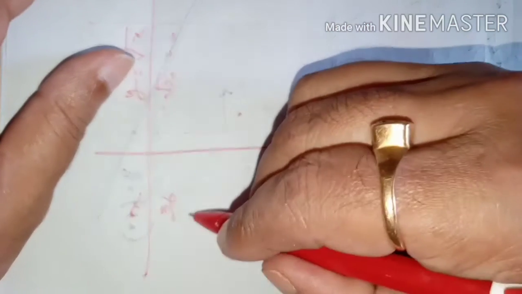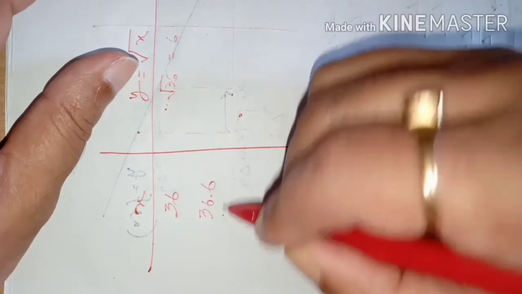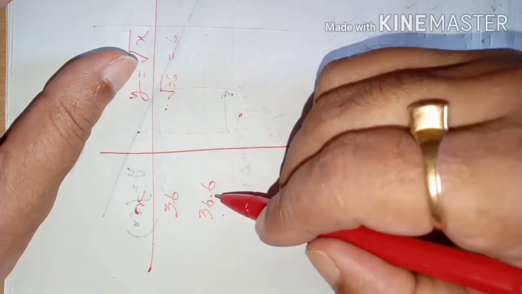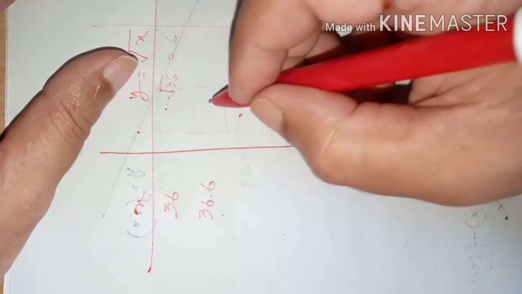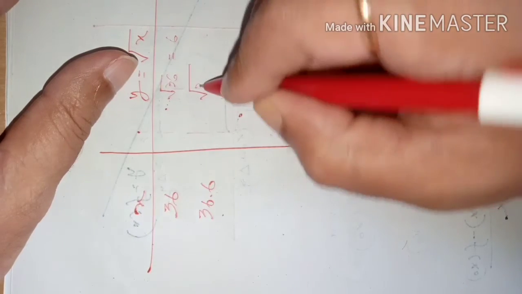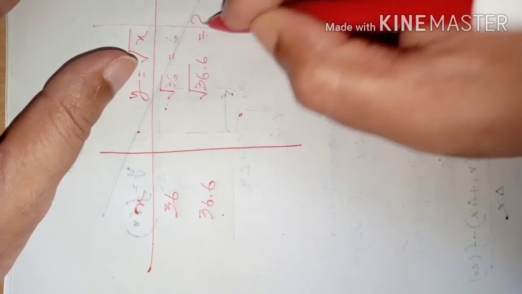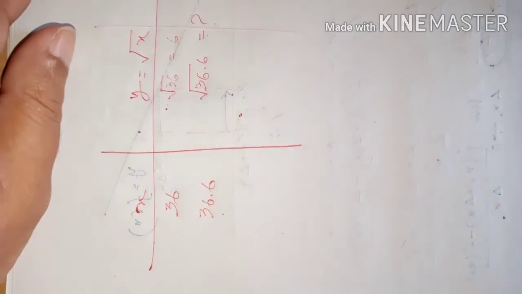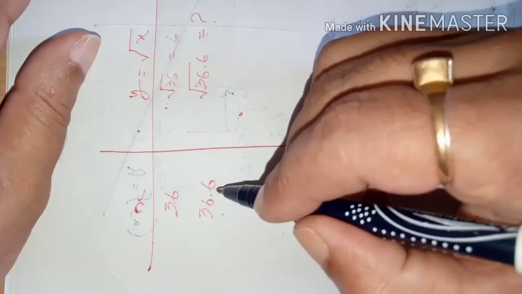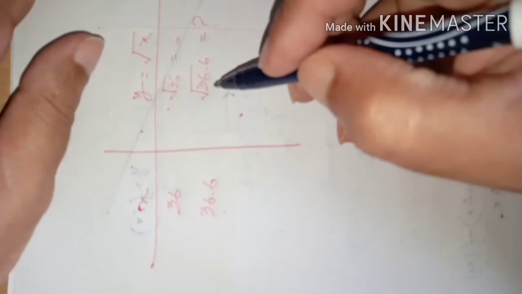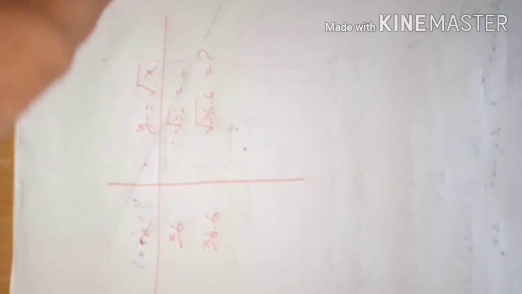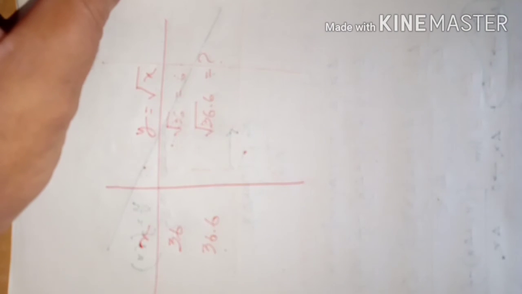Now suppose x is increased up to 36.6, meaning there is an increment of 0.6 in the value of x. Then what will be the value of y? That is, for 36.6, what is the value? That is what we are looking for. So when there is an increment in x by 0.6, then what is the approximate increment in y? Okay, dear students, we are trying to find that value only. Just you see how to calculate it.